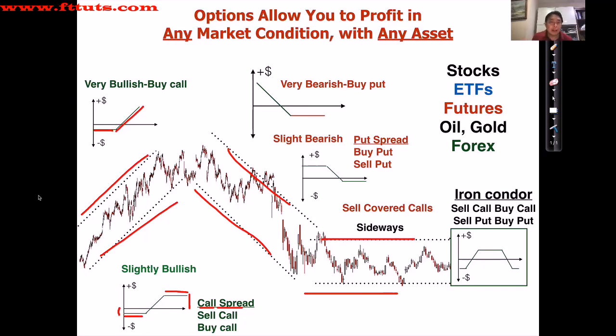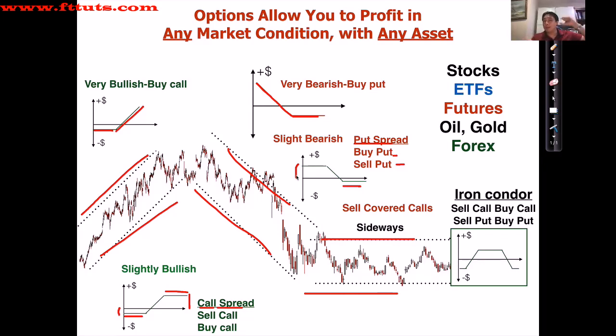So you're going to learn all these different techniques. Now, similarly, if the market's very bearish, is collapsing, you've learned that you can use a put. You can buy a put with, again, limited risk and almost unlimited return if the market goes all the way down. Okay? And if you're slightly bearish, you think it's going to go down, but to a target price, you can buy a put spread as well, which is again buying a put and selling another put at a lower strike price, which is where your target price is. So what that does again is that it gives you that limited risk and limited return as well. But of course, the return will be a lot more than the risk.